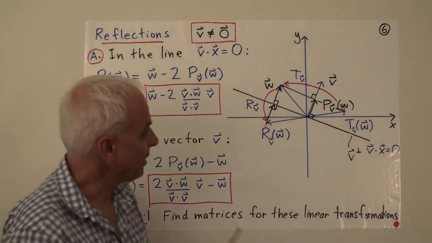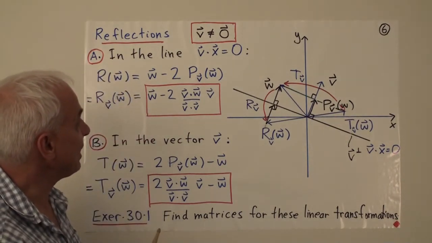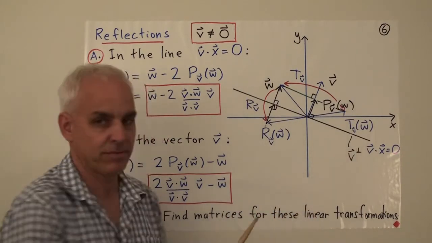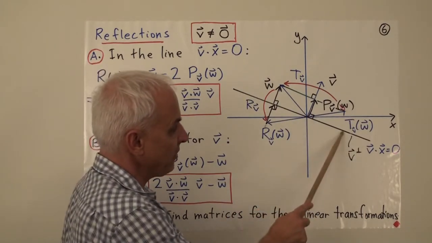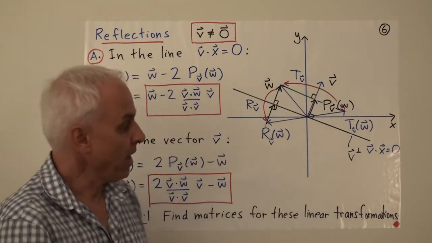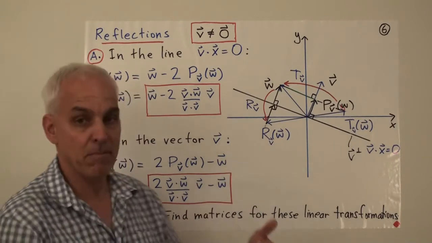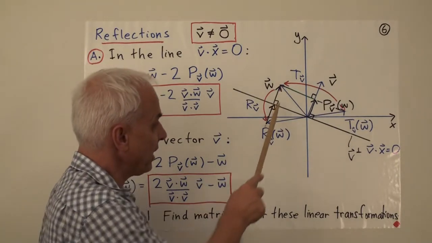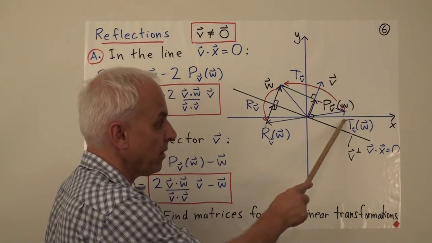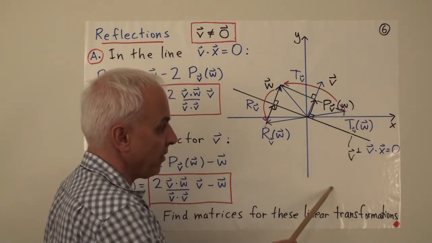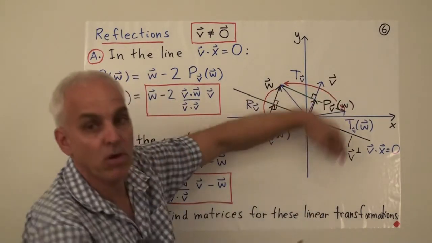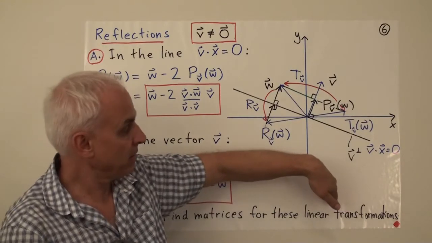And now we want to define reflection in this line. Sometimes we might call this line v perp, because this line really consists of those vectors which are perpendicular to v. And we want to reflect in this line, thinking of it like a mirror, so that this point here is reflected here, so that this point here would be reflected here. A point here would be reflected here. So the idea is that we're going perpendicularly to the line, and then an equal amount on the other side.